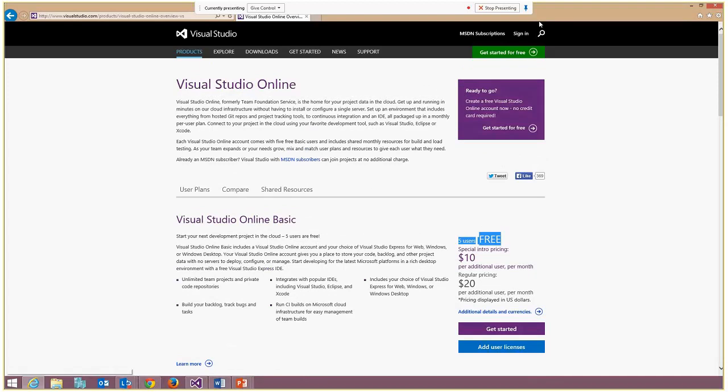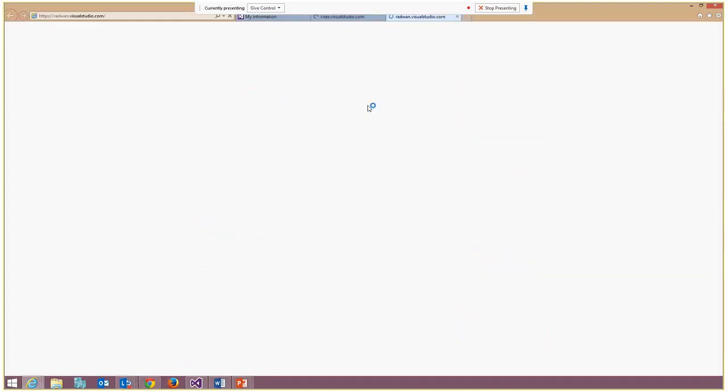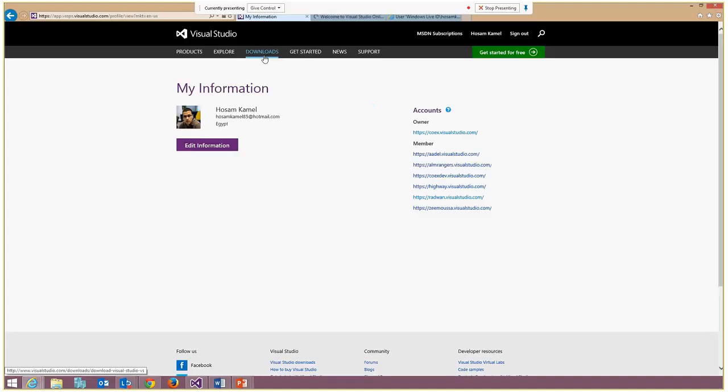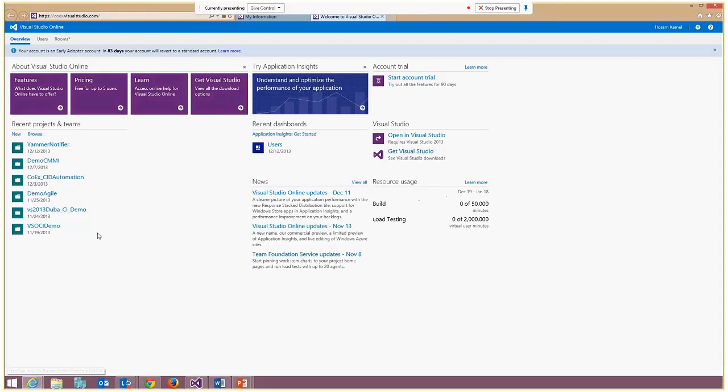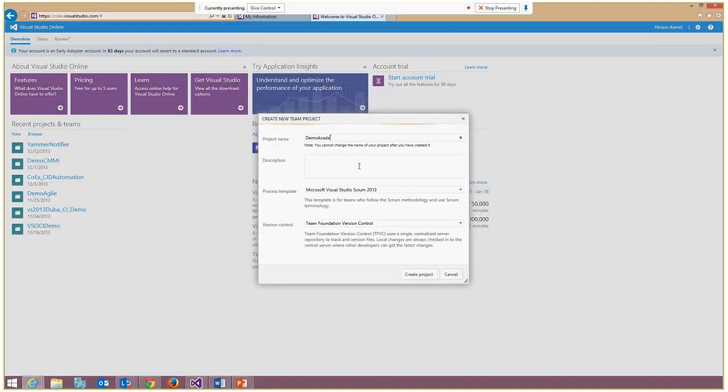You can pick whatever name you need for your account, maybe your organization, maybe your team name, as a prefix to visualstudio.com. And you can simply start coding your project, start creating whatever you need, and you have more options here as a team to work on. So I can create a new project here. I name it demo VS Online,